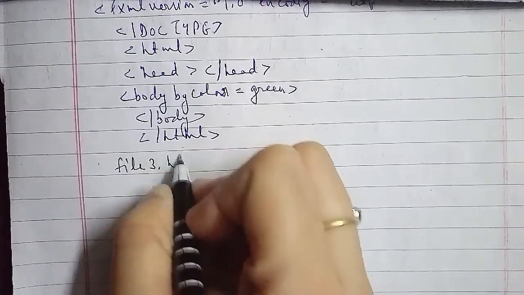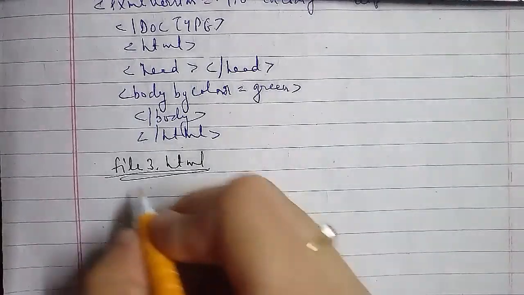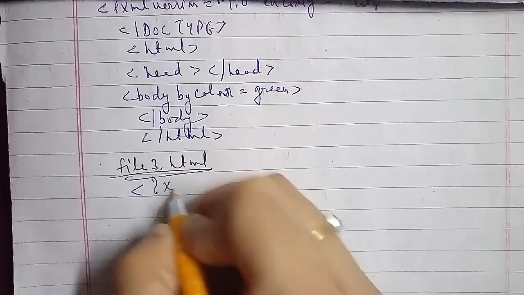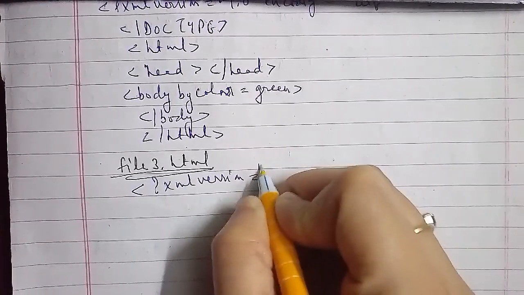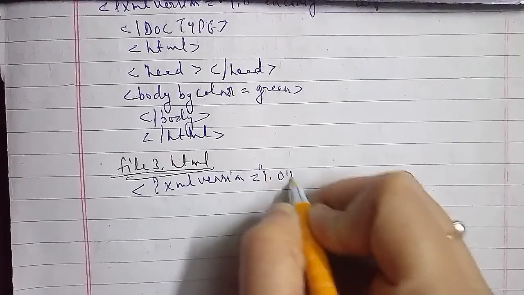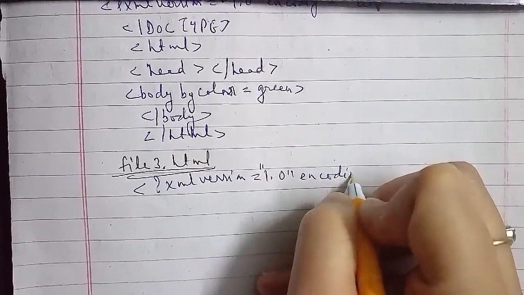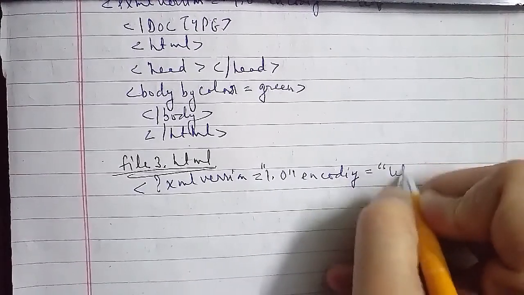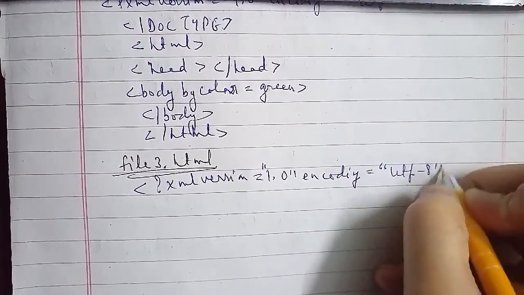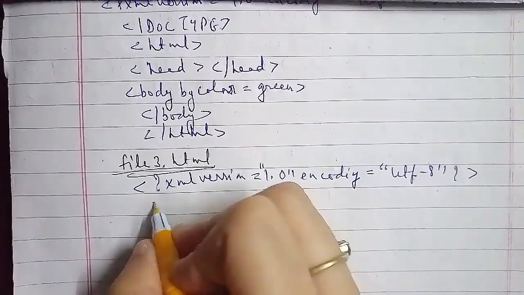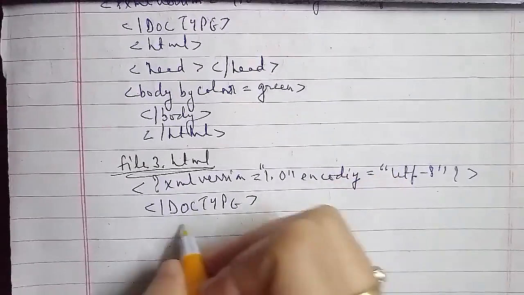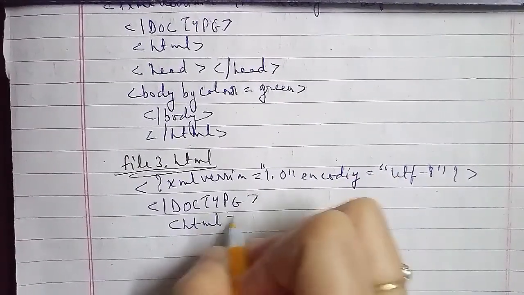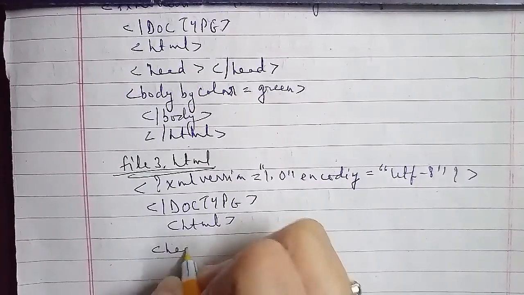For that we have to write a program, that is XML version equals to 1.0 in double inverted commas, encoding equals to UTF-8, then doc type HTML, head closing, then body